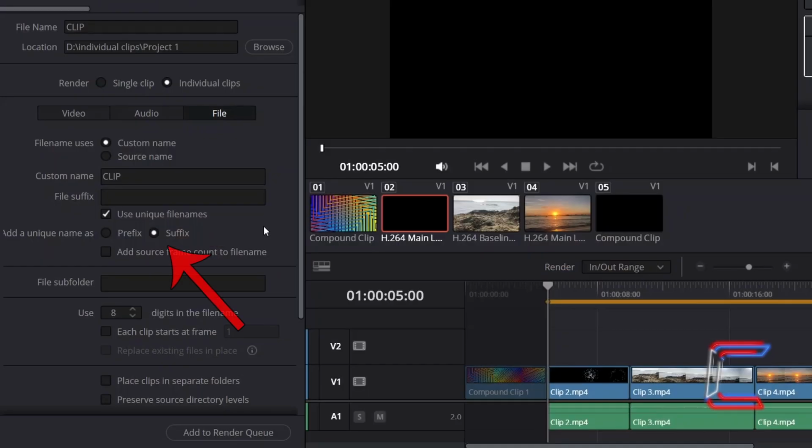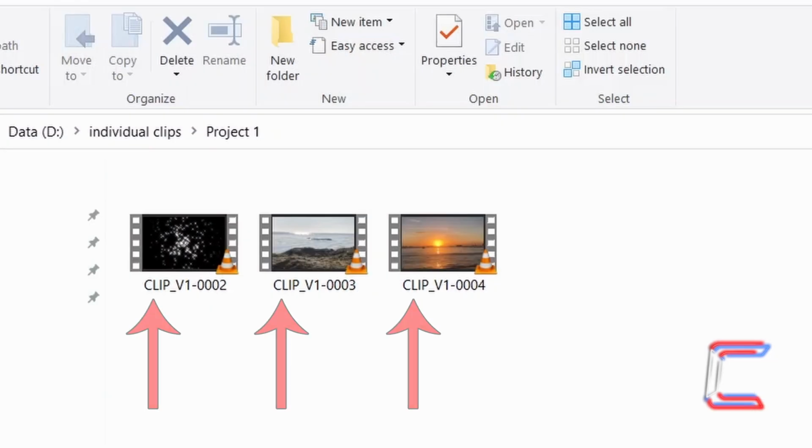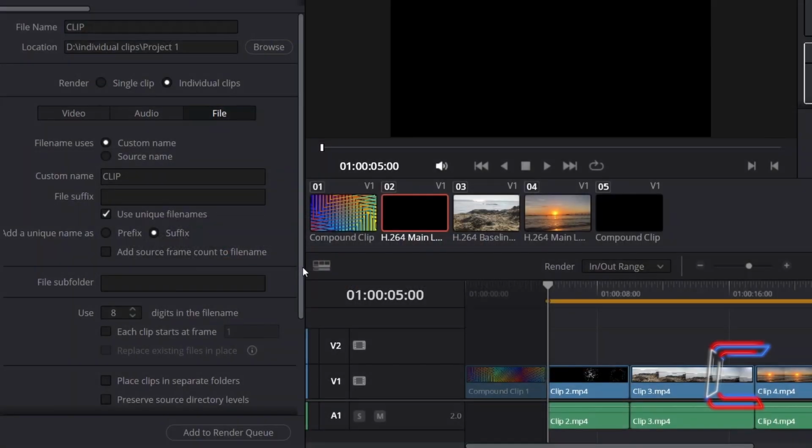If I were to choose suffix as the option next to Add a Unique Name As, the custom name and the unique identifiers will be reversed in the final rendered clips. If you wish for your rendered clips to be stored in a subdirectory to the location that you initially chose underneath the render settings option, enter a new folder name in the File subfolder directory box. The file name here will automatically generate a new subdirectory placed within the location that you chose towards the top of the render settings. I will label mine subfolder,